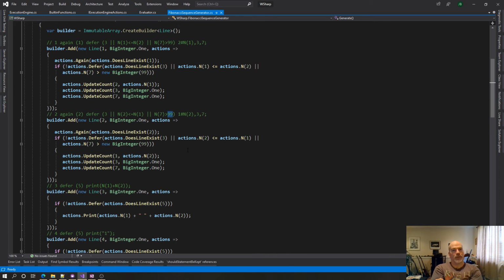which is if it's in a call to defer, and again, it shouldn't matter, like if this or this or this, if I stuck this in the middle or at the end, it wouldn't matter. Okay. So somewhere within that, I have to determine that it's okay to do that. You just need to call does line exist, which returns a Boolean, and then it will bind correctly. Okay, so that's something I have to